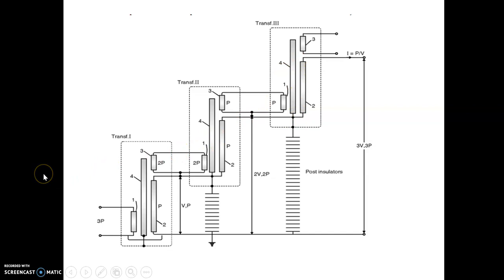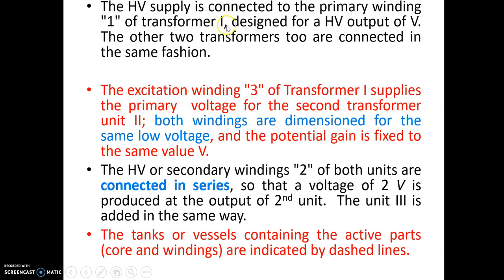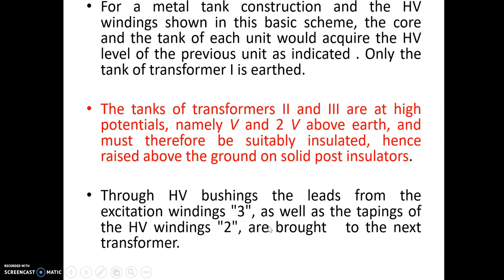And if you see from the side you will see that they are mounted one above another. It is not actually like that. They are mounted one after another. But from any side view you will see them above each other. So you can see how the transformers are connected. I have already told you, you just see the description with the terminals dash, 1 dash, 2 dash, 3 dash, and you will understand the cascading of this.